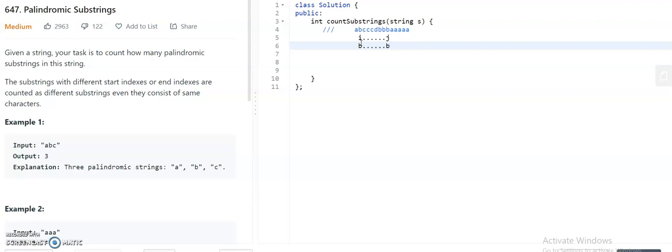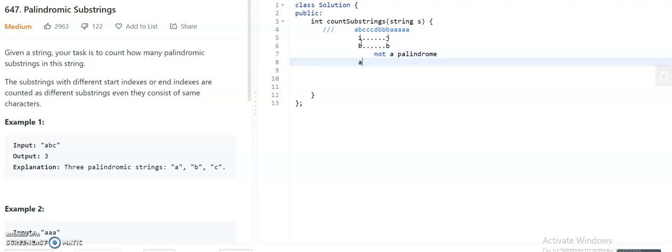What a palindrome means is the starting letter and the ending letter should be the same, and the middle letters also should follow the property of palindrome. Here B and B are the same at positions i and j, but the middle string does not follow the palindrome pattern, so it is not a palindrome.